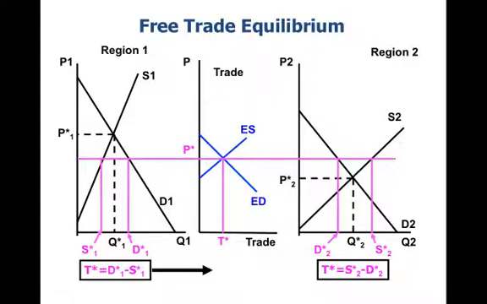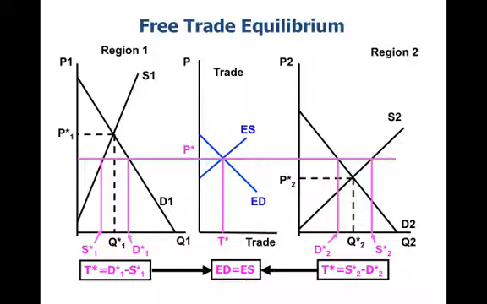So the other thing that's really cool about this is that we know that we have to have an equilibrium where excess demand equals excess supply. So this trade market is what ties everything together between these two markets. And if there's anything that goes on in that trade market, like a tariff or a tax or an import quota or an outright ban on trade, that's going to distort these prices, and we'd have to figure out what the new equilibrium, or at least market clearing, prices would be in these two different markets.